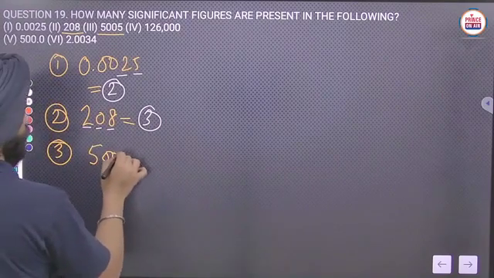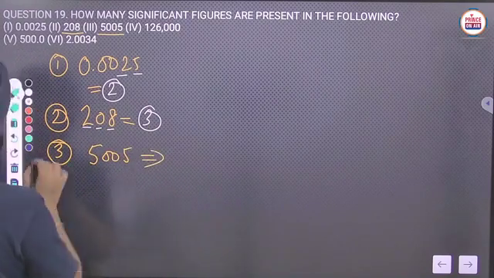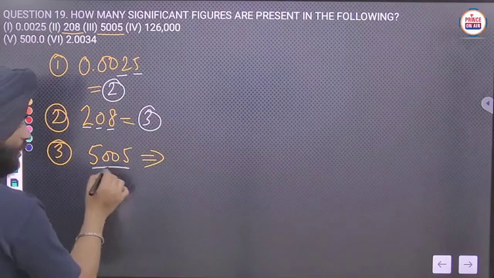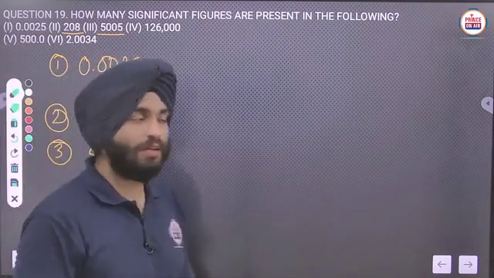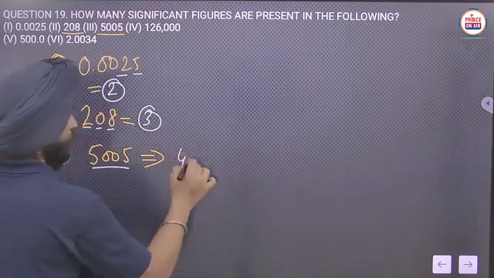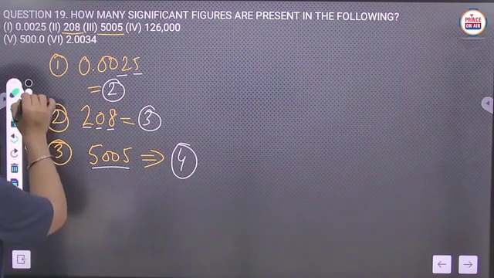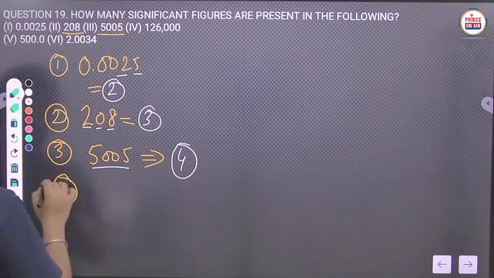5005. Okay, the zeros in between the non-zero digits are considered to be significant. So it will be 4. Next one is